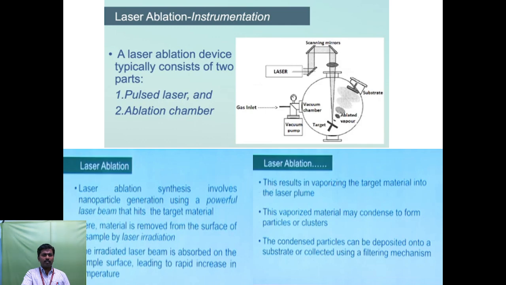Another method is laser ablation. This is a diagrammatic instrumentation method. Laser ablation devices typically consist of two parts: one is the pulsed laser, and the other is the ablation chamber. First, laser ablation synthesis involves nanoparticle generation using a powerful laser beam that hits the target material. Here, material is removed from the surface